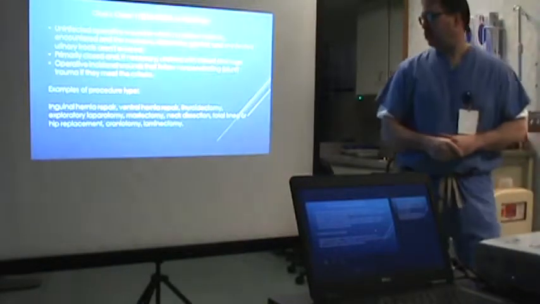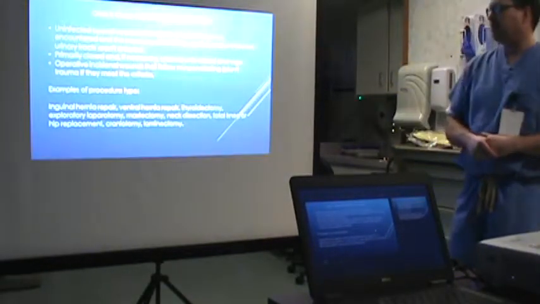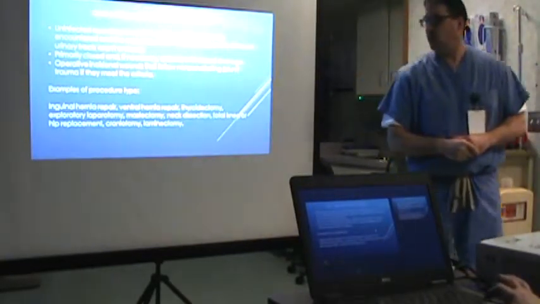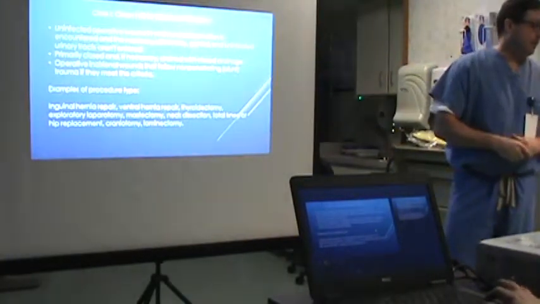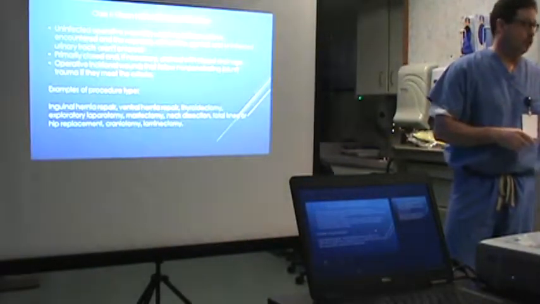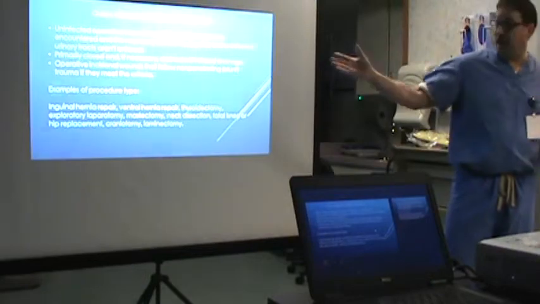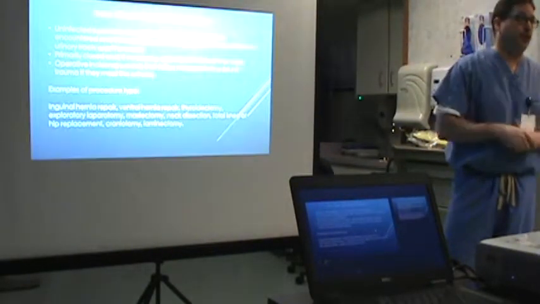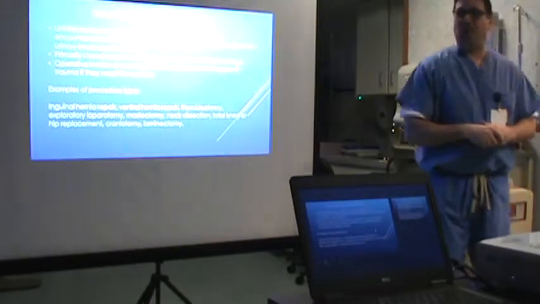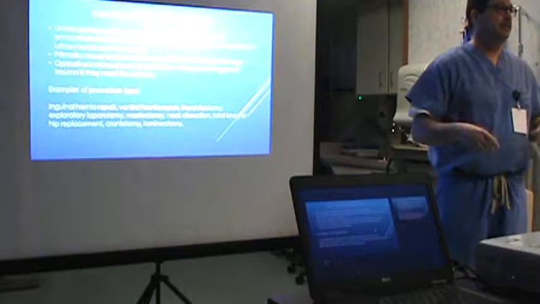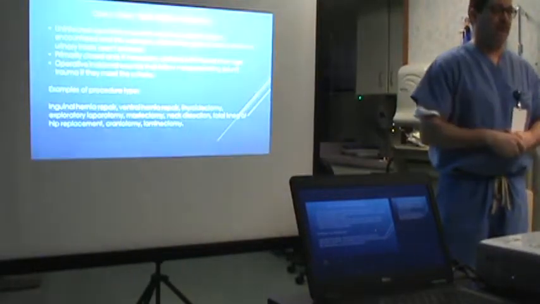Mastectomies, neck dissection, total knee or hip replacement, craniotomy, laminectomy. Those are just examples. And we have laminated cards for each of the rooms that are going to go up today. They'll have all of these examples just to help us guide and have a discussion with the surgeon. Ultimately, the surgeon decides what the wound classification is, but what we're looking to do is to have that discussion